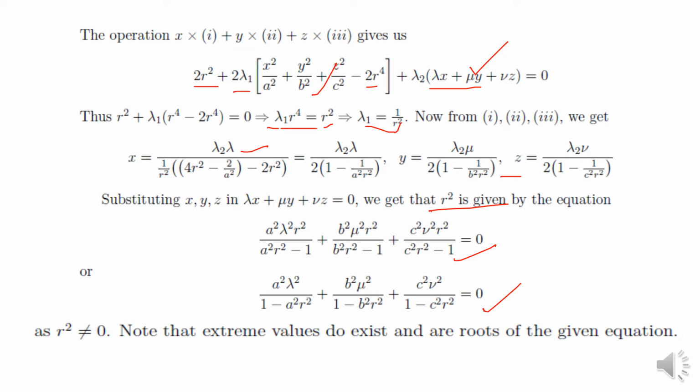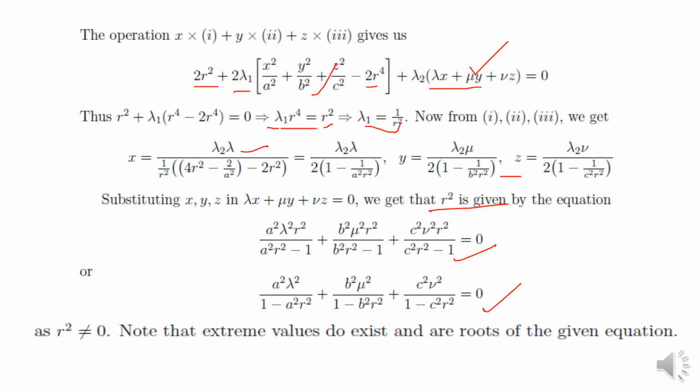So as I said, r square is equal to x square plus y square plus z square. We have to maximize or minimize, so differentiate it, which gives 2x dx plus 2y dy plus 2z dz. And for maxima minima, we have to put it as 0. So dr is equal to 0 gives x dx plus y dy plus z dz is equal to 0. Now we differentiate the given equations, first constraint,